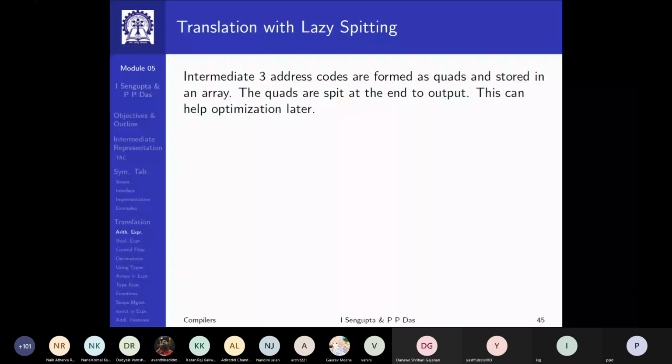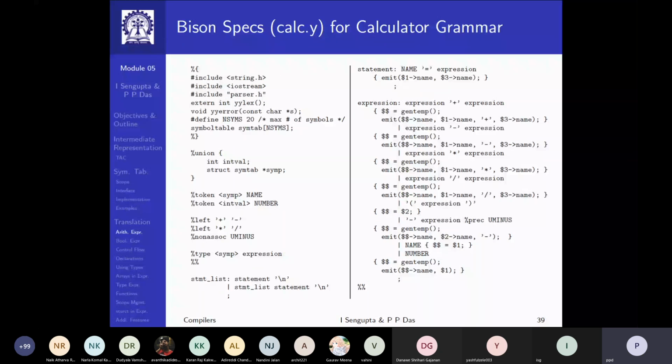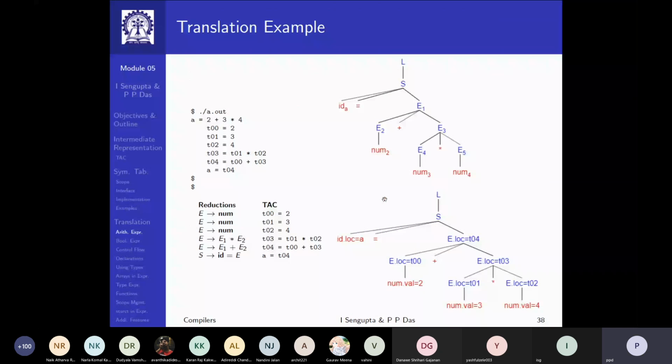So if you look into this current style, then you'll see that in this emit, we are actually printing out the statements. So it comes as a text. So your 3 address code comes as if as a text. So this whole thing will come as a text file. Now, naturally, if you get that as a text file, then it's very difficult to do any manipulation with that. Certainly, how do you optimize that? So you will again have to, from the text file, do lexical analysis and represent.